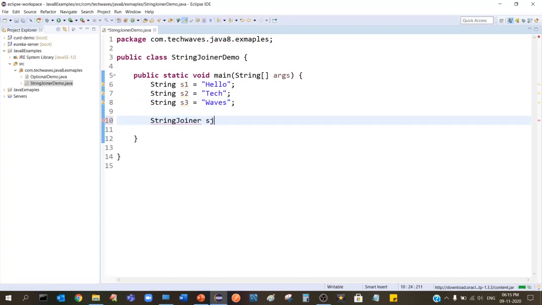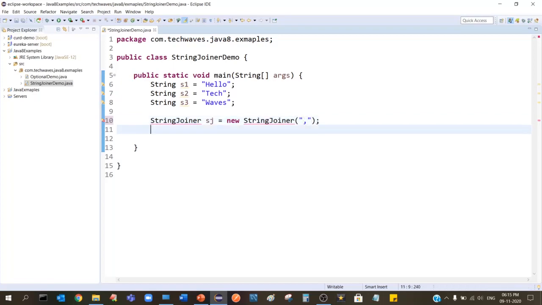I'm going to define a StringJoiner sj equal to new StringJoiner. If you have seen the slides, I have shown you that there are two constructors. One is with the delimiter and another is with the delimiter and a prefix and a suffix. So let's go with the delimiter first. I want to delimit it by a comma. Let's print this.